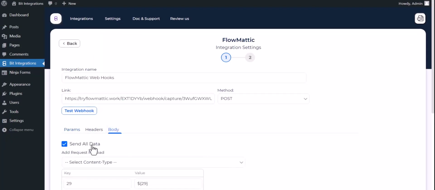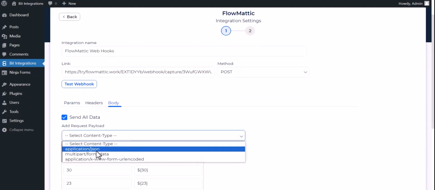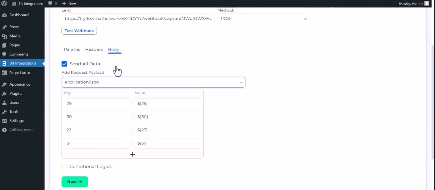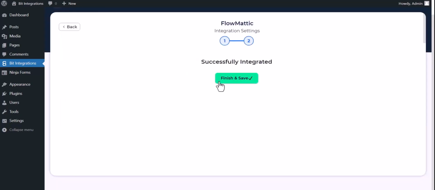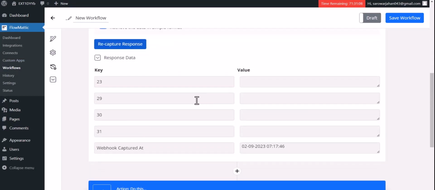Body: send all data. Choose Application JSON. Test webhook. Webhook executed successfully. Done. Next. Finish and save it. Now go to the FlowMattic site